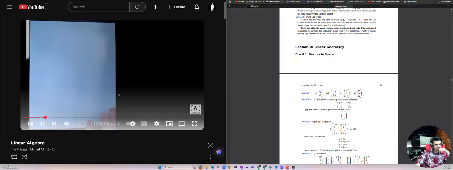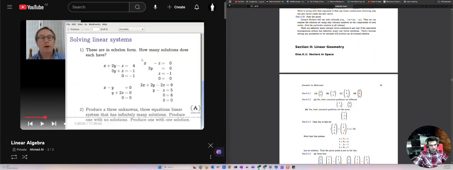The idea with these systems is, of course,